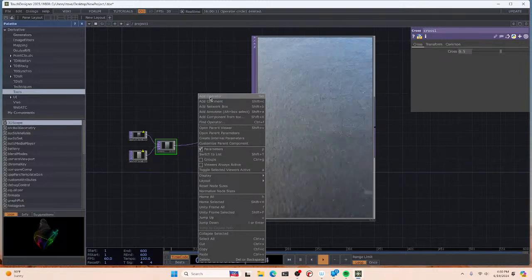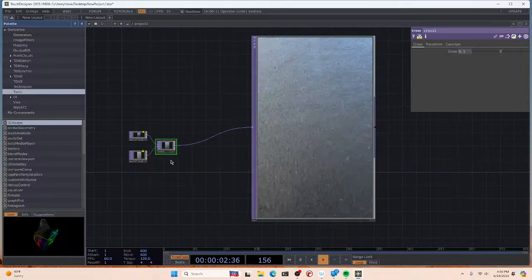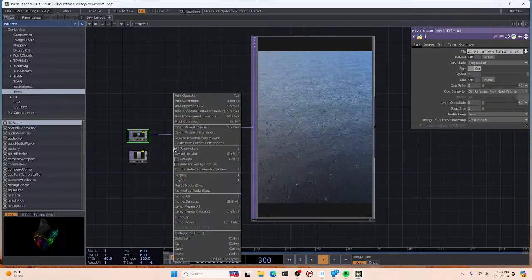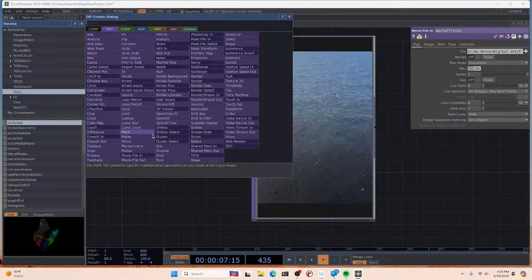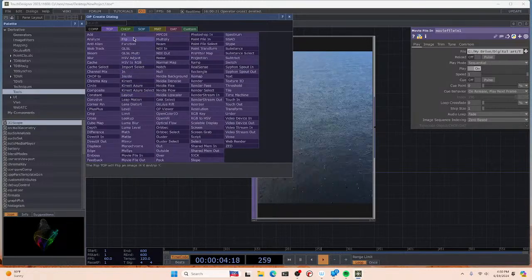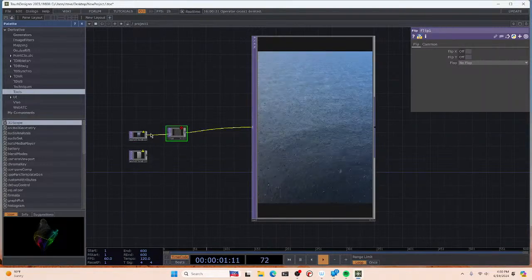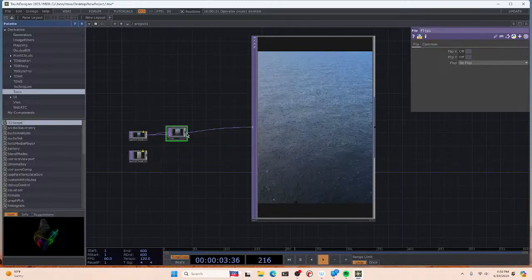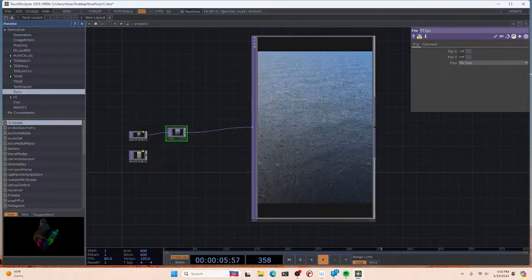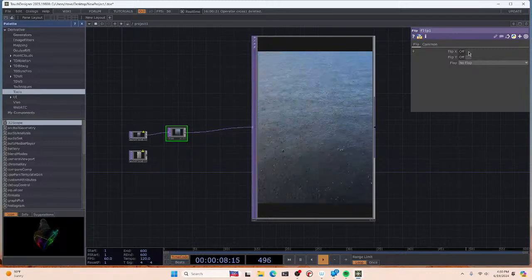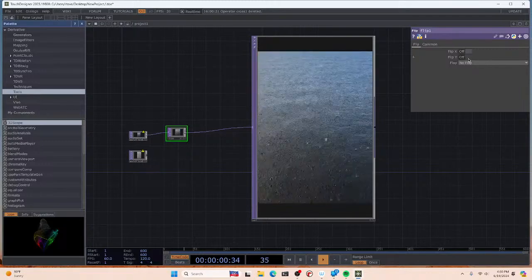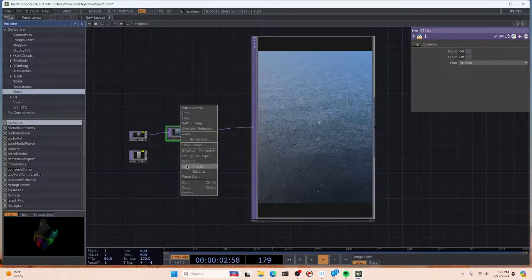Okay, cross. We're going to go ahead and delete cross. We're going to look for another operator that takes 2 inputs. Flip. Oh yeah, flip is kind of fun. So flip accepts 1 input, and then you can either flip it on the X or flip it on the Y. And what I like doing is